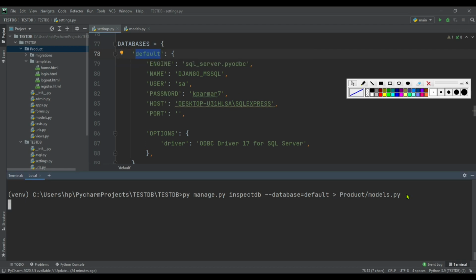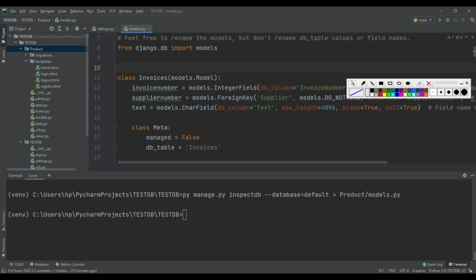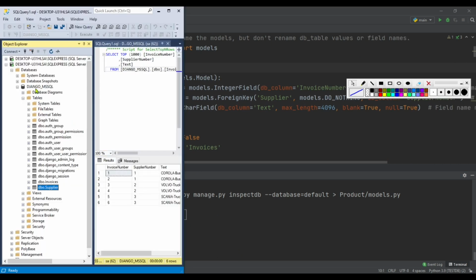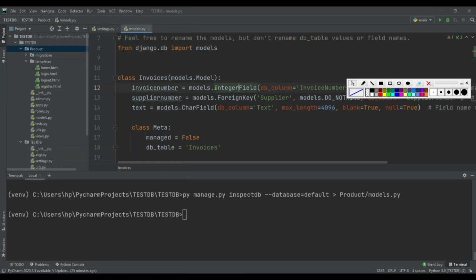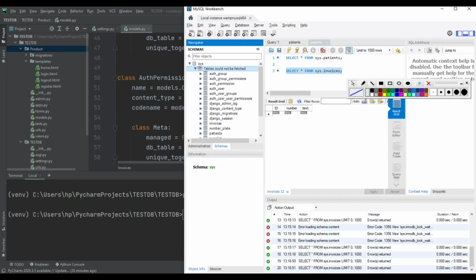Come to terminal and press enter. Come to models.py file. So here the tables which are available inside this Microsoft SQL Server are imported to models.py file successfully. After this, I am going to import tables from MySQL database.